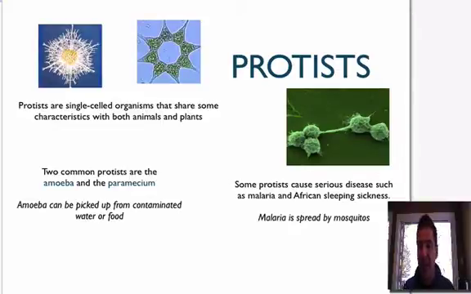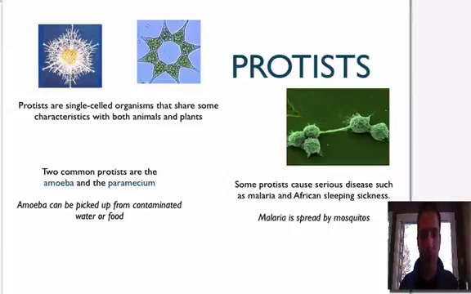Okay, so they can cause serious diseases such as malaria, African sleeping sickness. Okay, and then if we take malaria, well, how is this pathogen spread? Well, malaria is actually spread by mosquitoes, those little pests that we have to deal with all the time. Yeah, well, they can spread things like malaria. But we think about conditions where the spreading of these pathogens can be passed on through various organisms as communicable diseases. Like I said, a lot of them are going to need temperature, moisture,